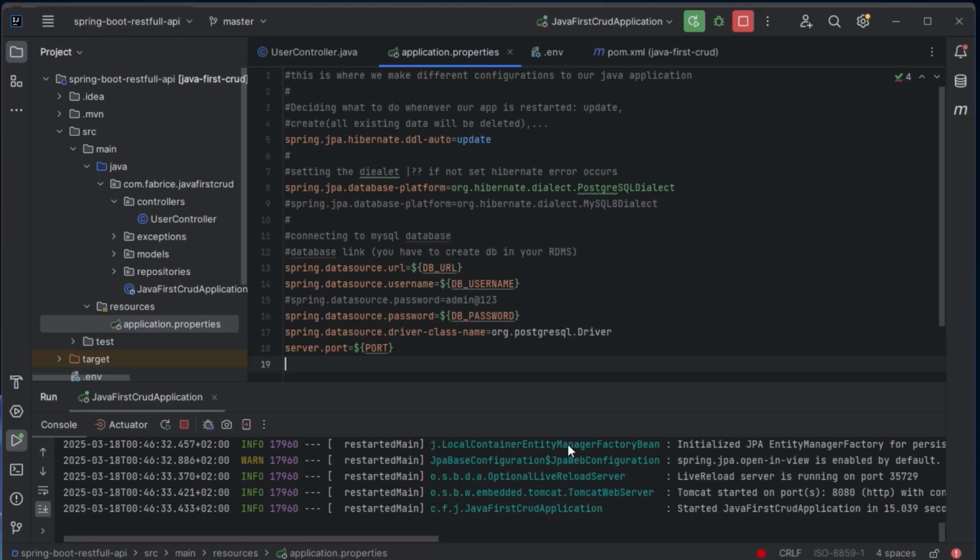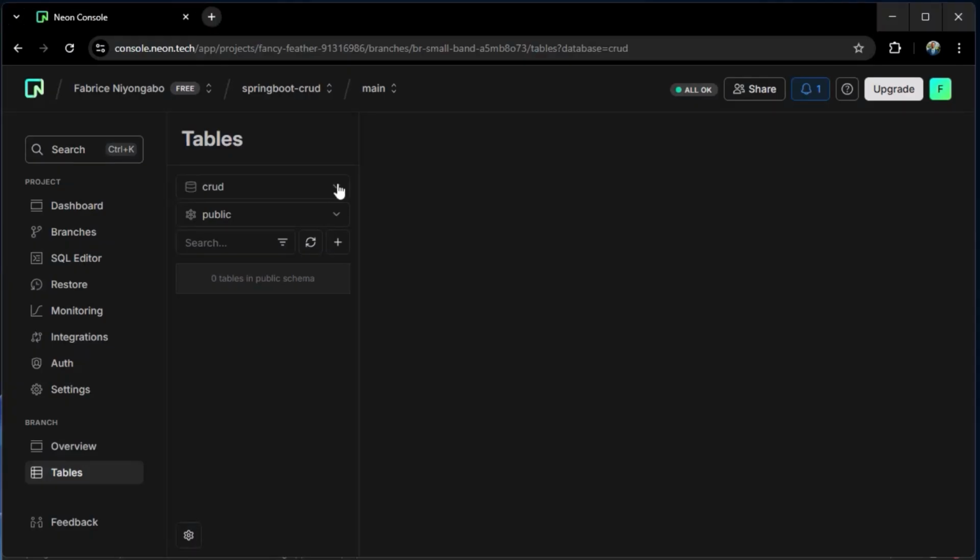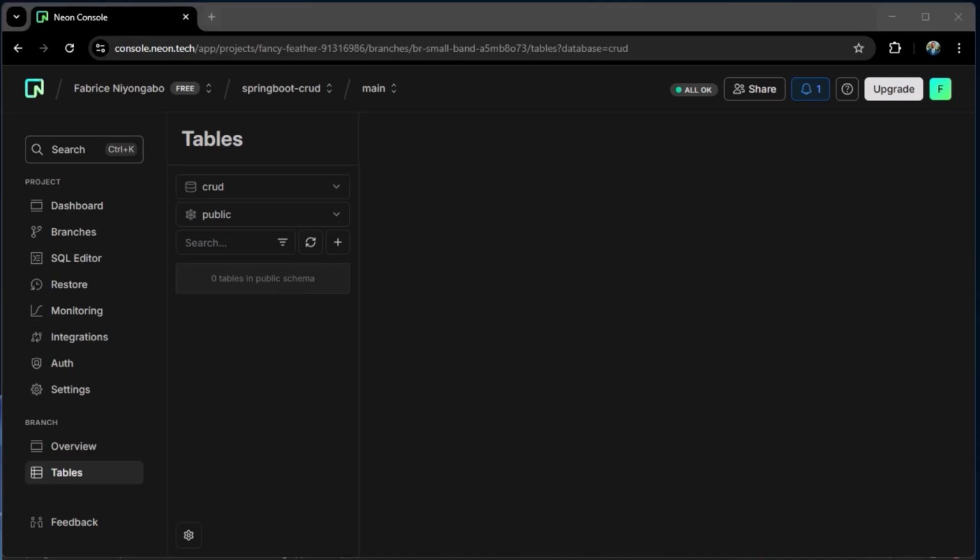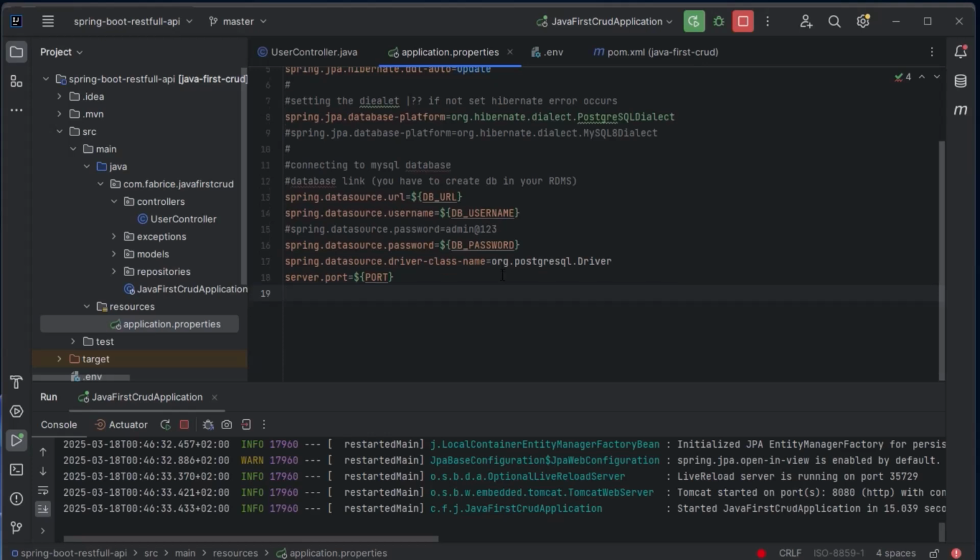Okay, our application has started. Let's go back to our database project and click on this refresh schema button. Interesting. So still 0 table in our public schema. So we might be doing something wrong. Let me double check.